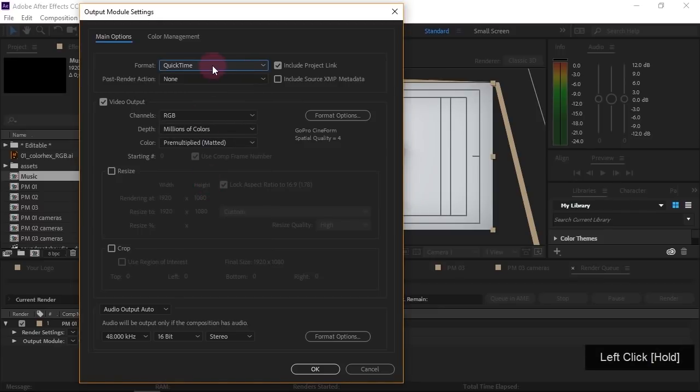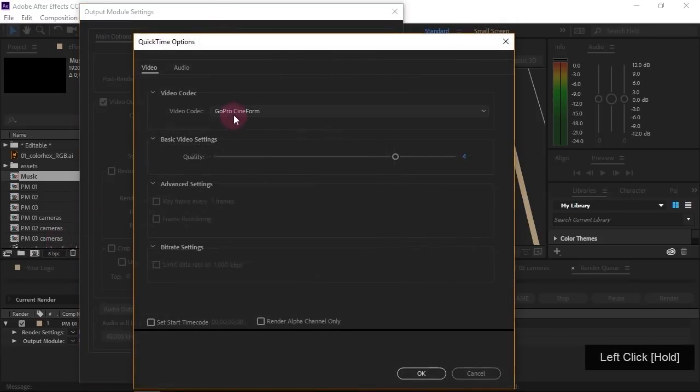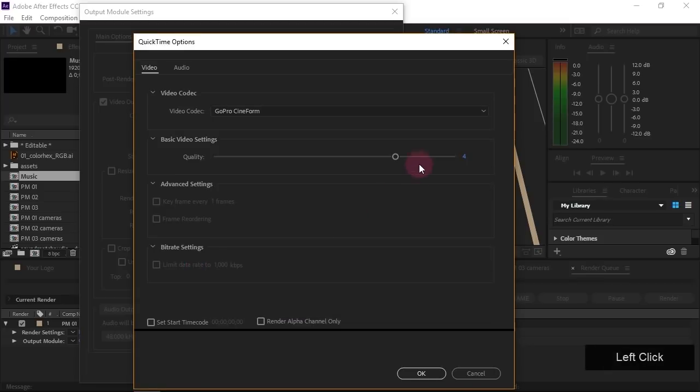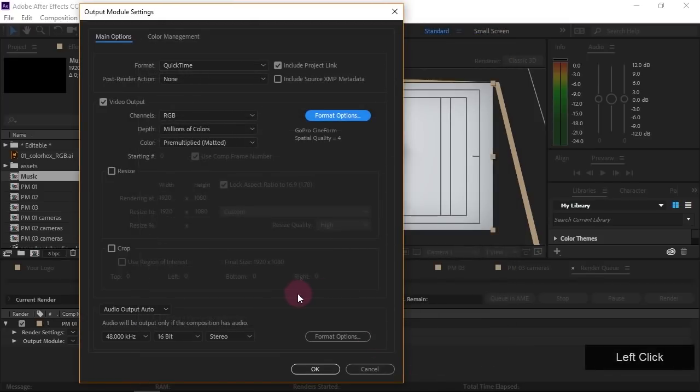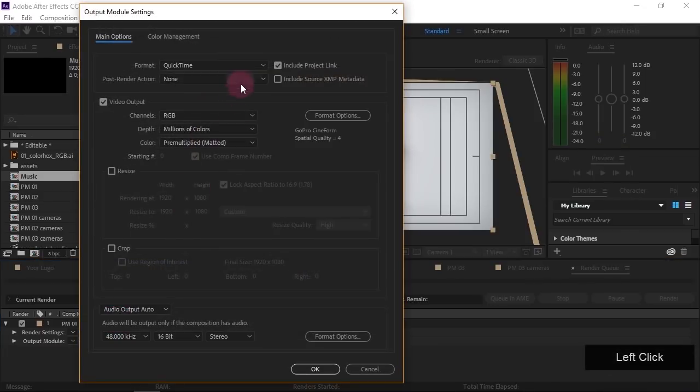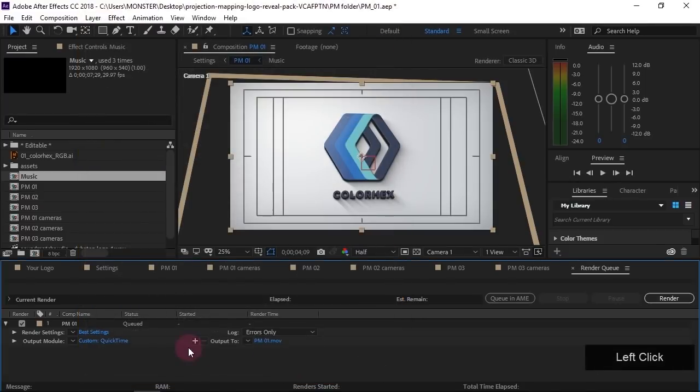What I usually use is a format of QuickTime, and then under the format options, I choose GoPro Cineform. You can see there's a few options here. You can also do DNxHD or DNxHR, which is another good intermediate codec, with a quality level of 4, and that's usually fine. So I'm going to leave it set to QuickTime again and use the GoPro Cineform. And then if I wanted to, I would just click this render button right here and it would render that file. However, like I mentioned before, probably the best way to do it is to click this Q in AME,